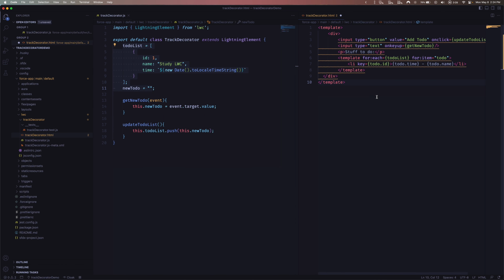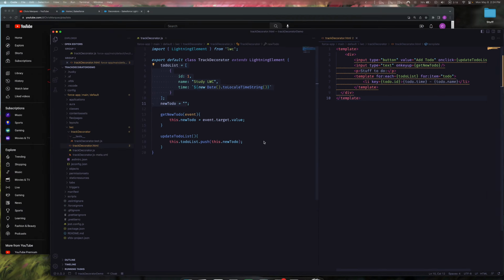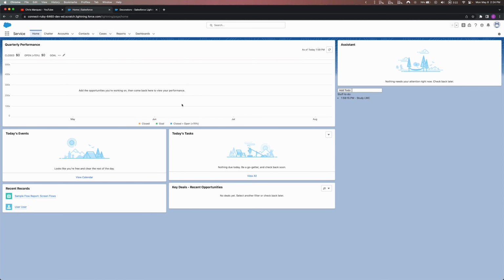So nothing too crazy. I know I'm glossing over this, but that's because we already have two previous videos that went into much more detail about everything we're seeing just now. But anyways, this will look like this in our Scratch org. I've already added this Lightning Web Component to the home service page, so you can see it right here. And this gets us to the point where we can start talking about the track